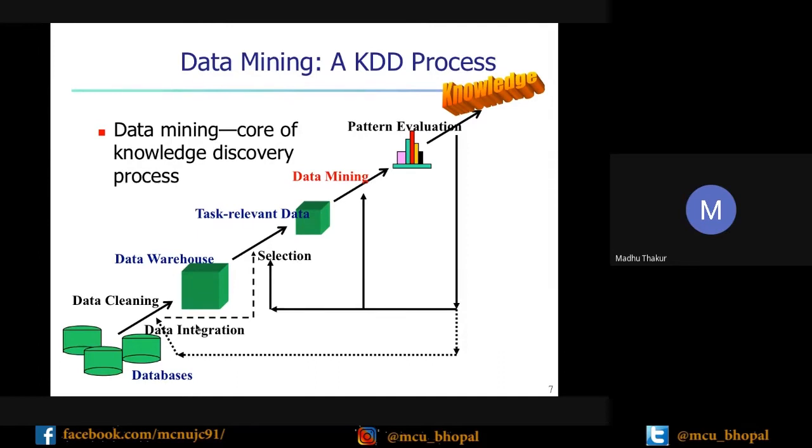Because 1 dimensional is a vector, 2 dimensional is your table, 3 dimensional is your cube. When you talk about 4 dimensions, then it is a vector of cubes. If you talk about 5 dimensions, then it is a table of cubes. If you say 6 dimensions, then the structure is a cube of cubes. So this is the way to store the data. It is not always necessary to have a data warehouse with data mining, so that is why this dotted line is there.